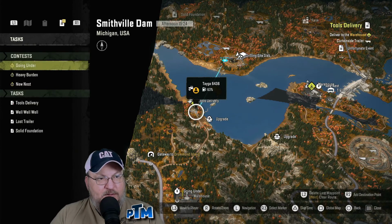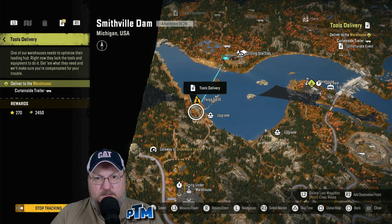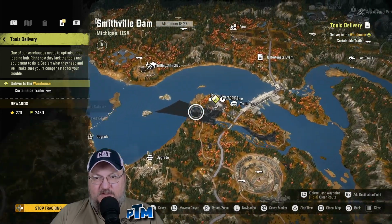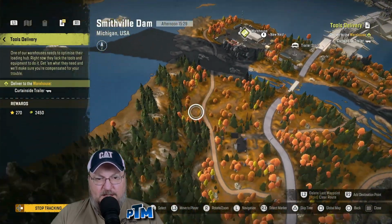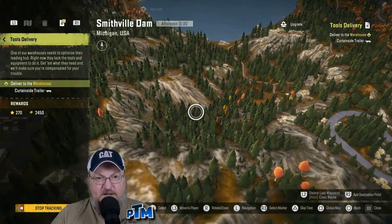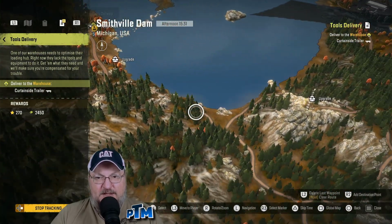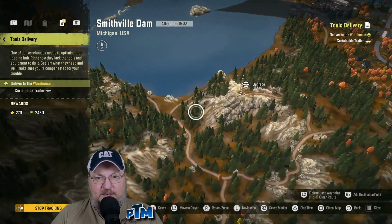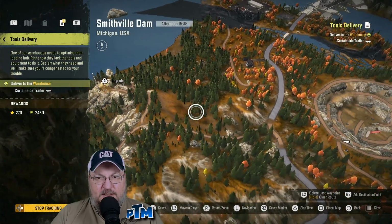Oh, that's what we want right there. So, tools delivery. There we go. So basically, we have to deliver those tools to this warehouse. And on the surface, it seems like it's going to be a very nice, easy run. But I'm telling you, the straight line is a nightmare. The good news is we can pick up an upgrade along the way. And that'll get us...